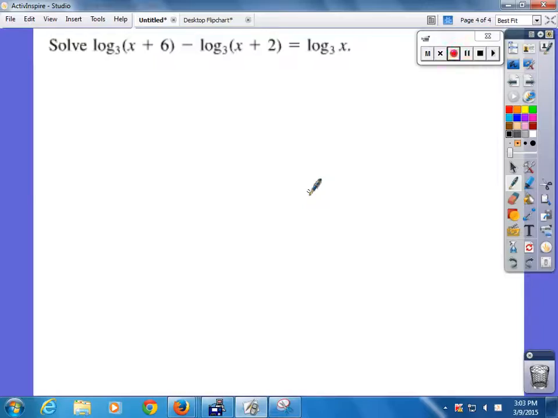Now that I've given y'all a suggestion, what did he come out with? Log base 3 of what? X plus 6 over